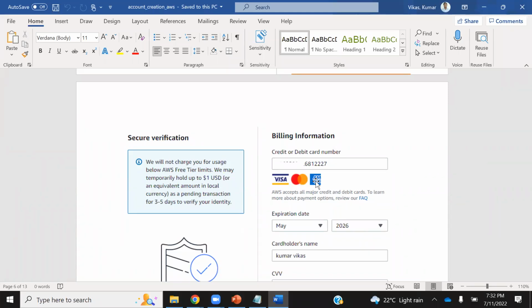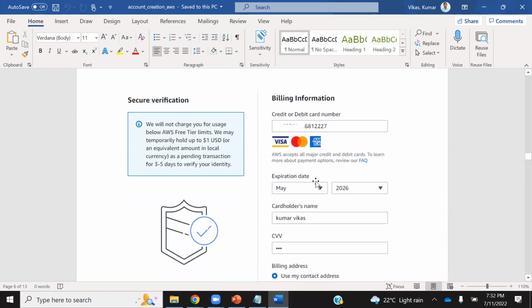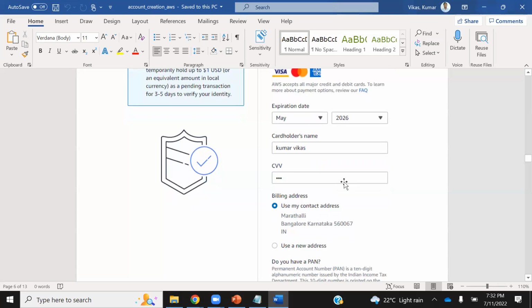If people just come here, create an account and go away, they don't get any business. So they make sure that you are a genuine user, and hence they ask for your credit card details. They will deduct 2 rupees or $1 from your account, and they will refund the same in 3 to 5 working days. So you can provide your credit card details.